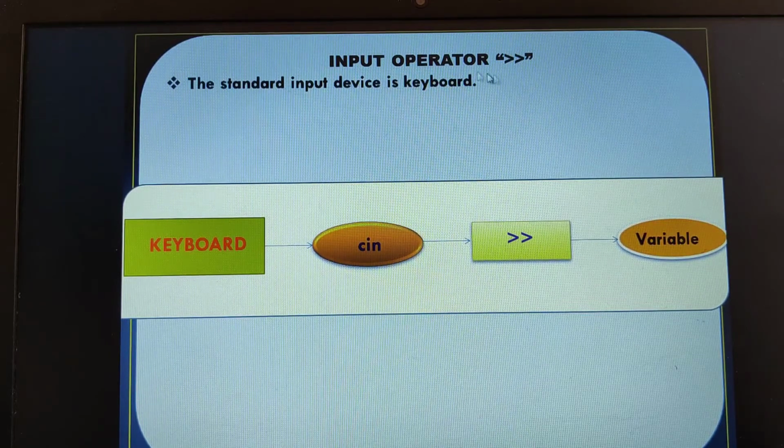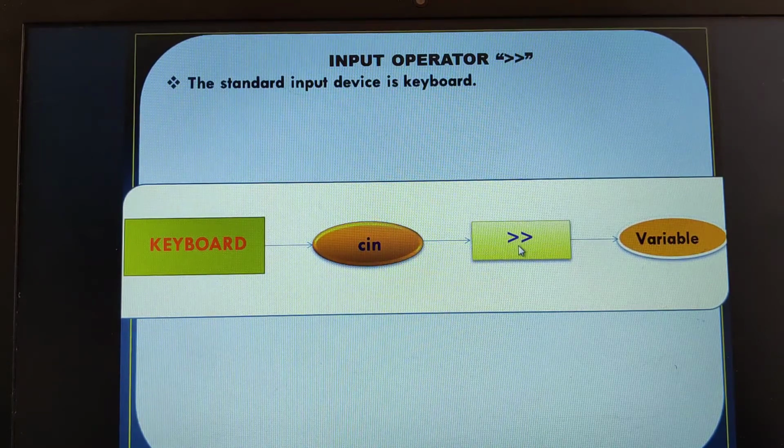The input operator is nothing but the cin operator, which makes use of the operator known as stream extraction. As I always said, whenever the user gives an input through the keyboard, the cin operator will extract the input with the help of the stream extraction operator and store it in the variable, wherein the variable is nothing but the name given to a storage location in computer memory.